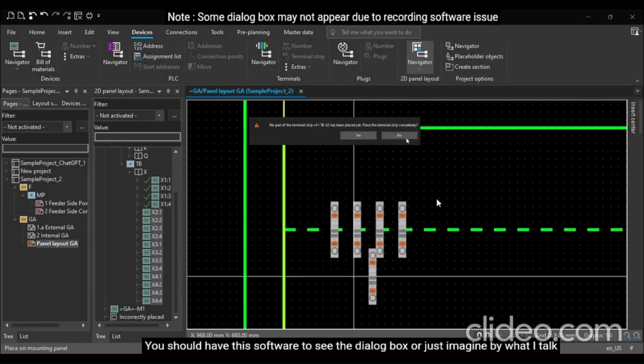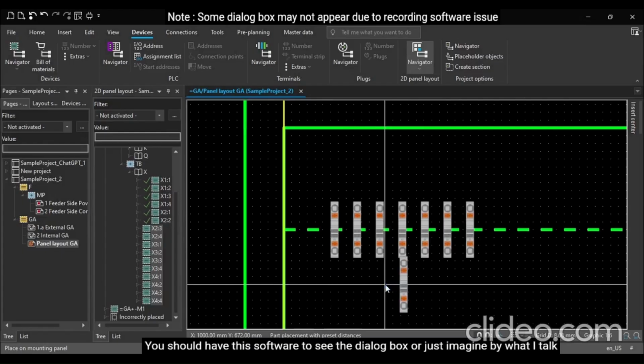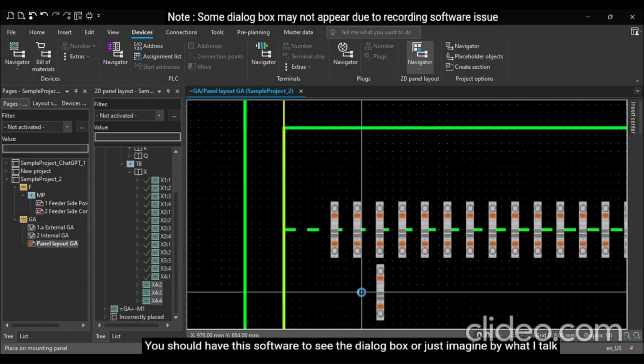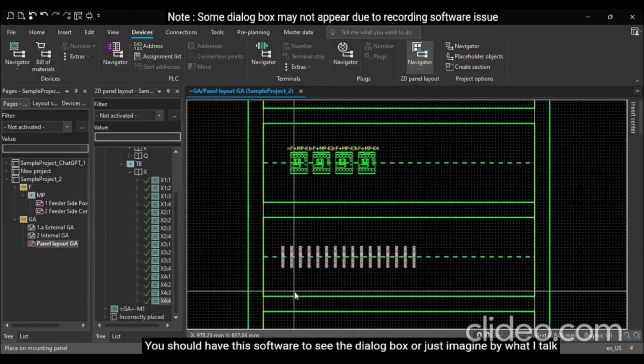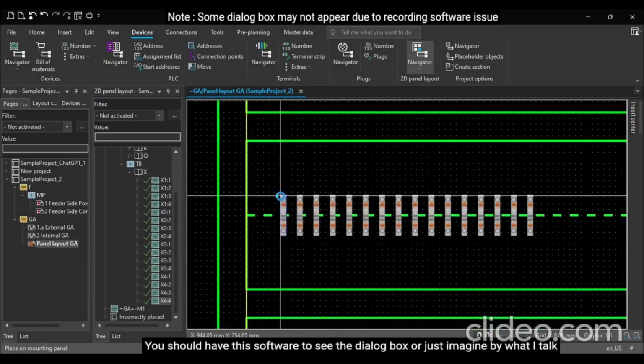after four terminal blocks, this comment will come. Just press no, and okay, no, okay, all the strips are placed. If this doesn't look good, then you can just change